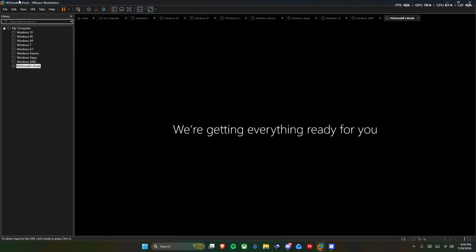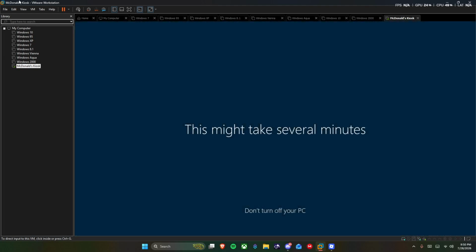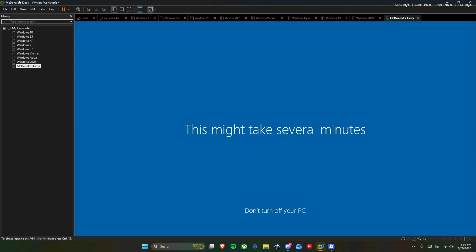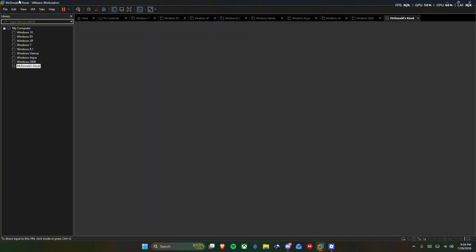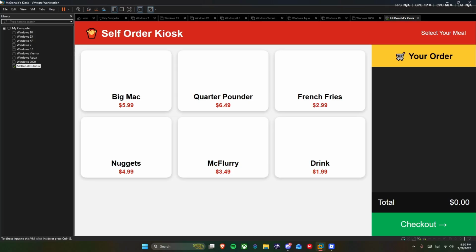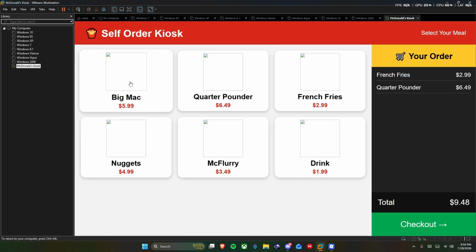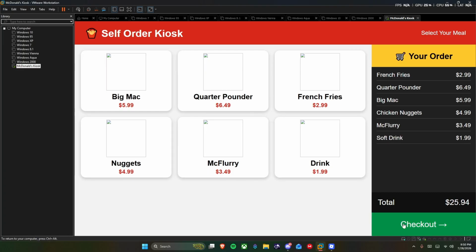And just gonna wait. Alright, so it's almost there. Now this is the part where it should. Yes. I don't know why the images aren't loading, but